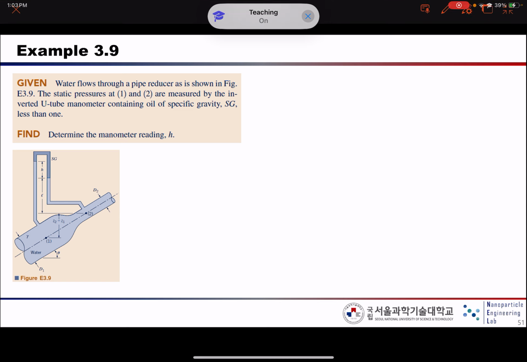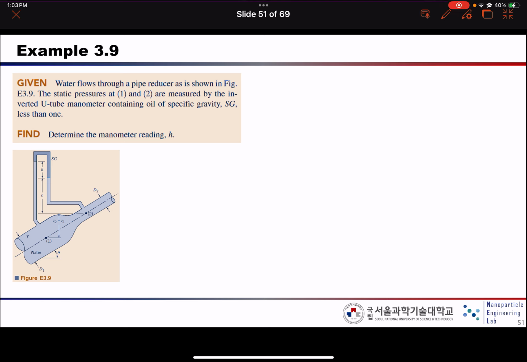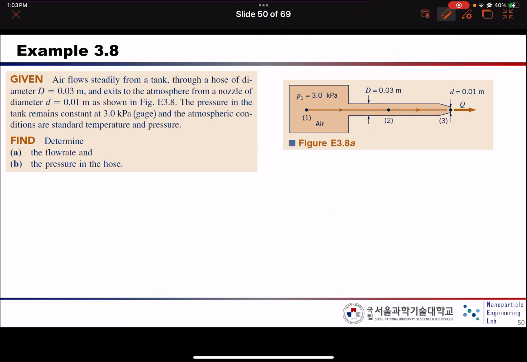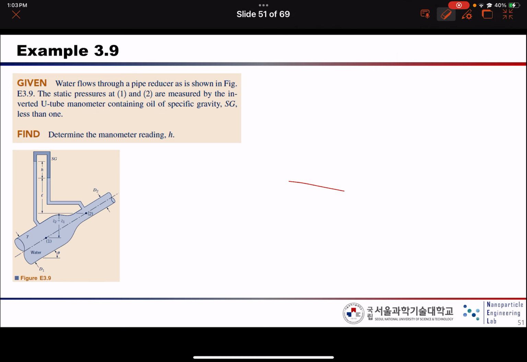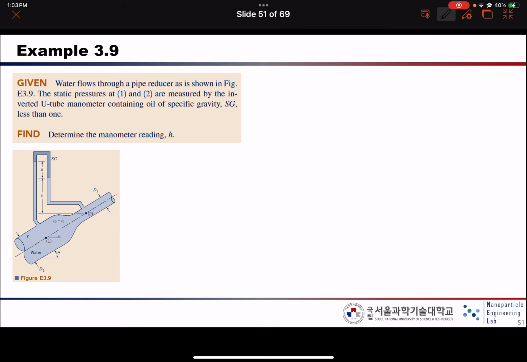Okay, let's continue our discussion. So, let's solve example 3.9 together. Yeah, 3.9 together. So basically, as you can see, the water flows through a pipe reducer as shown in figure